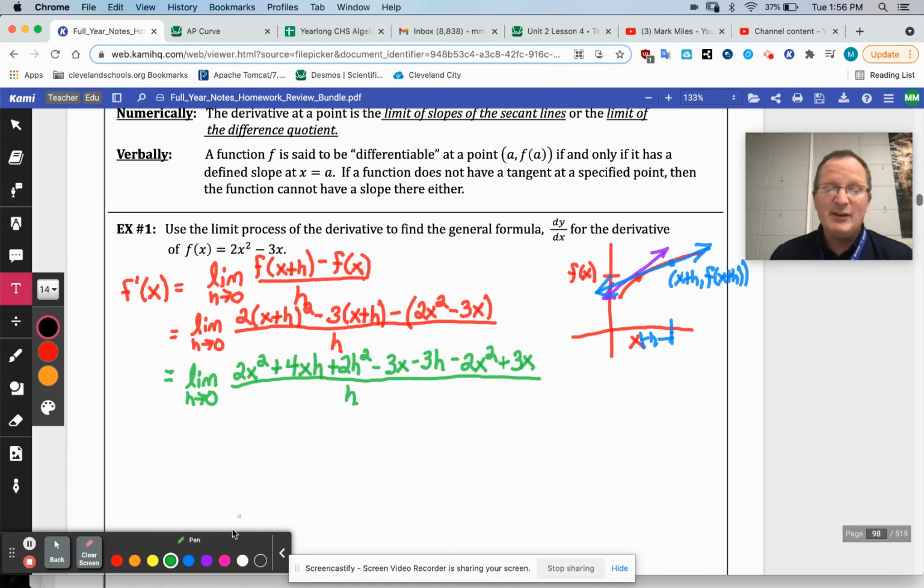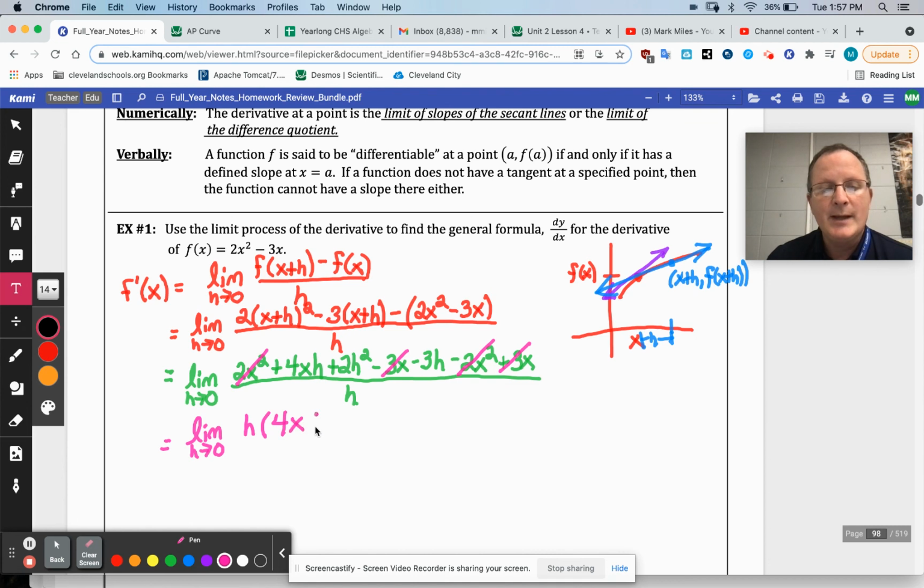Now we've said this before: everything that doesn't have an h should go away in the numerator. Let's see if that's true. We've got a 2x squared, and a 3x, so those cancel out. What remains all has an h, which I can factor out. So we've got the limit as h approaches 0. Everything that remains has an h, so let's factor that out, and we're left with